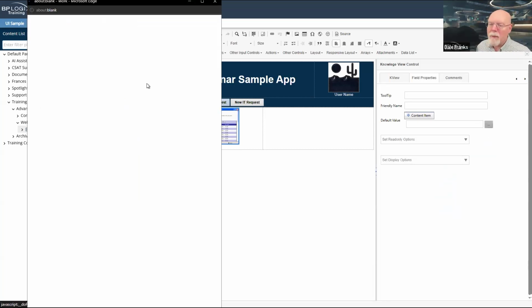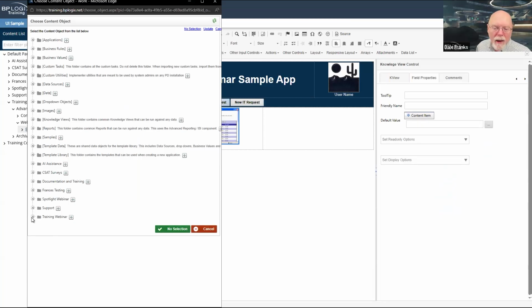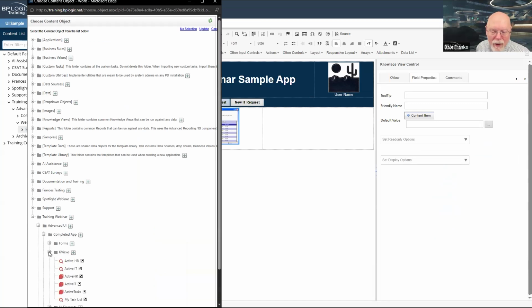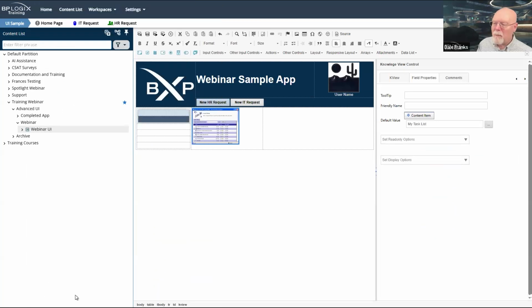So now I'm going to go into my advanced UI, go to K views, and there is my task list, and I'm going to set my task list as the knowledge view that I want to display in that middle column. That's all pretty straightforward. It's literally just showing a knowledge view.